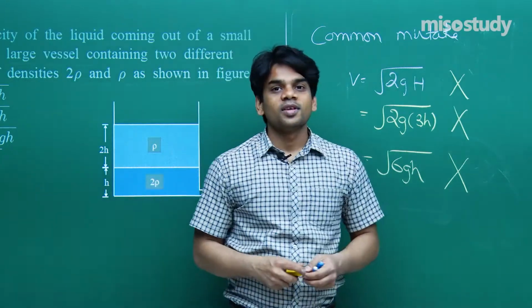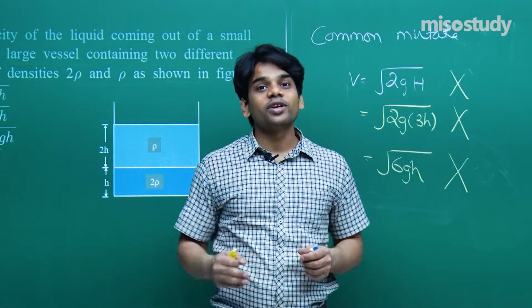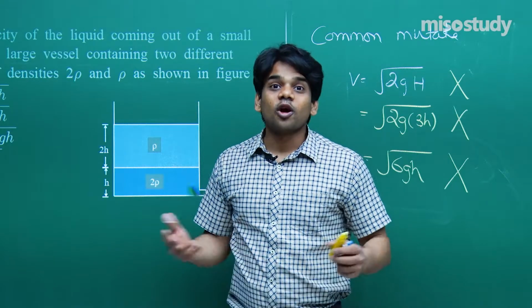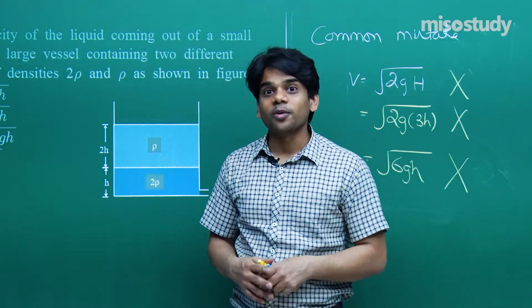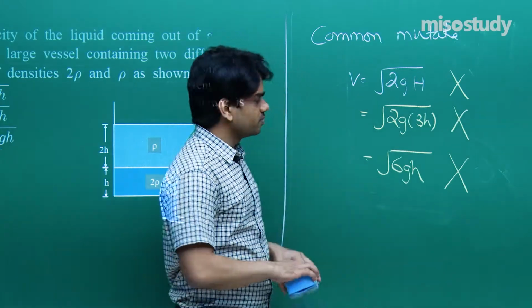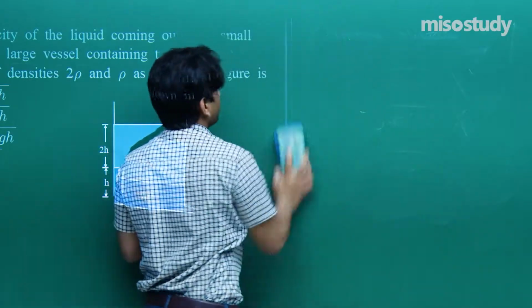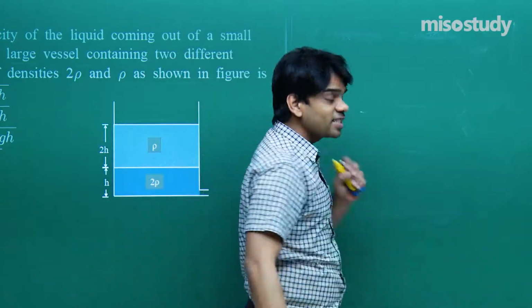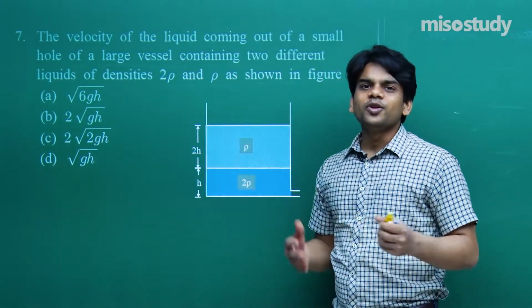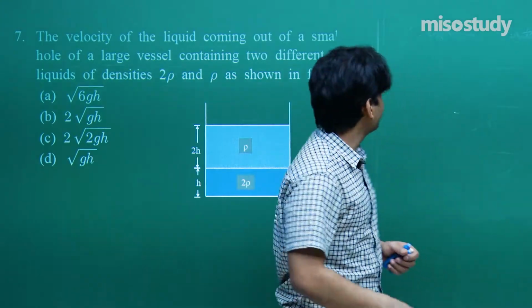Incorrect steps. You should know that in the case of velocity of efflux, the way we derive, we have taken that the entire liquid is uniform. This is not a uniform liquid. So we cannot apply here the efflux formula. But how to proceed? We have two liquids. There may be 3 liquids, 4 liquids. So this example will help you understand how to proceed when you have numerous liquids contained in a container. See here, let me draw this picture once again.